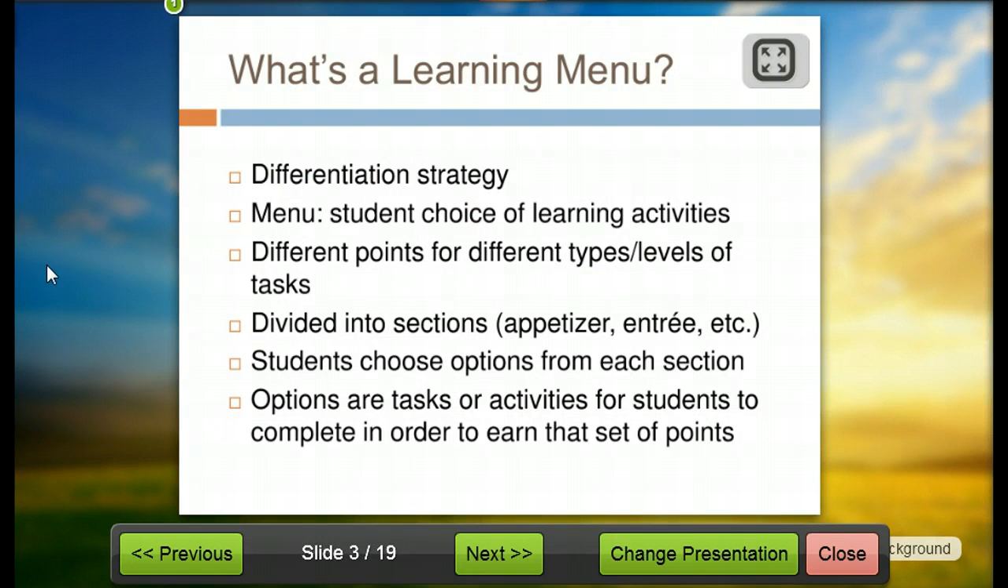So, in case you're new to this series, what is a learning menu? Learning menus are a differentiation strategy. The menu offers students choices of learning activities that they complete in order to accomplish a learning goal. There are different points awarded for different types or levels of tasks, and the menus for this particular project are